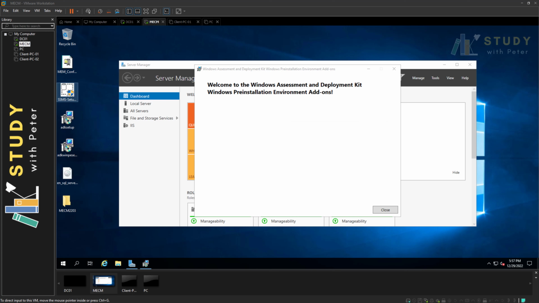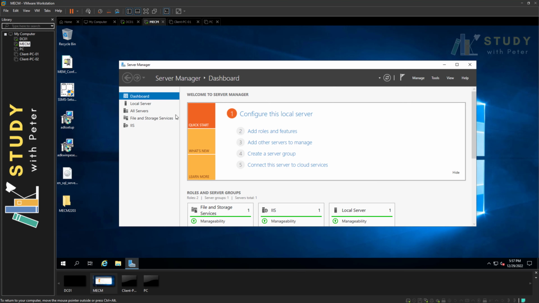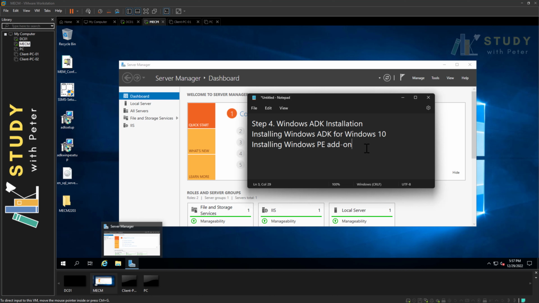All right, it looks like everything is going fast on this one. So let's see, we are back and better. In step 4, we have installed these two ADK. So we're good. In step 5, what we need to do is install the Windows